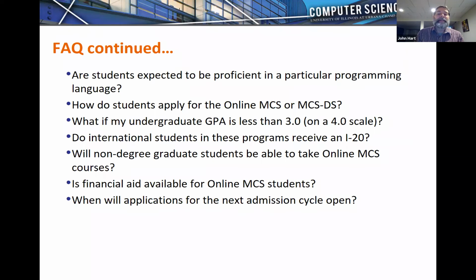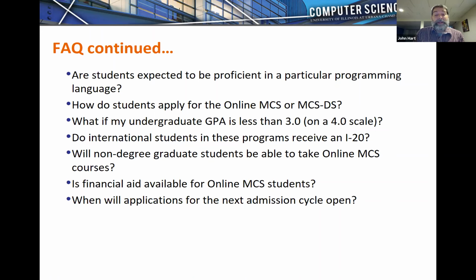There's a checkbox that says you want to pursue the data sciences for the DS version. And that checkbox is just a flag for our advisors. We have our advising team on the call with us, and they will use that checkbox to help advise you to selecting courses in that data science track of classes.